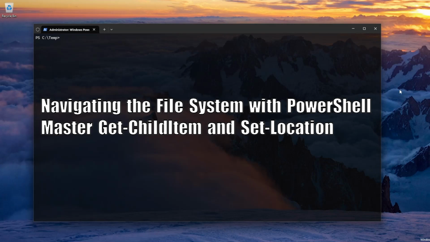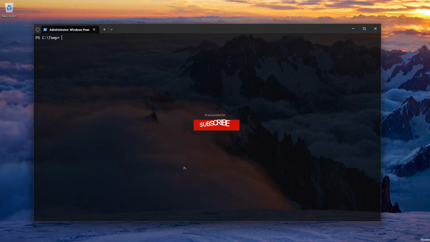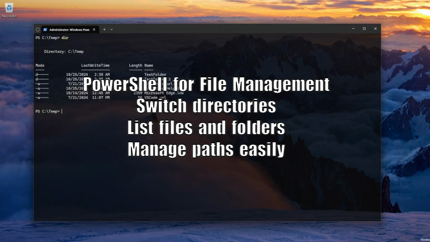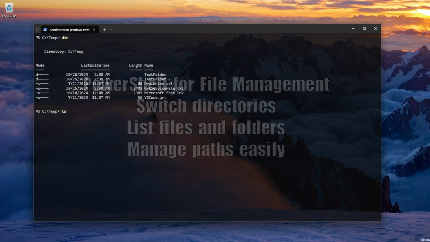Today, we're going to master navigating the file system in PowerShell using two essential cmdlets, Get-ChildItem and Set-Location. Let's dive right in. PowerShell is more than just a scripting language, it's also a powerful tool for navigating and managing your file system. Whether you're switching directories or listing files and folders, PowerShell offers easy-to-use commands that help you